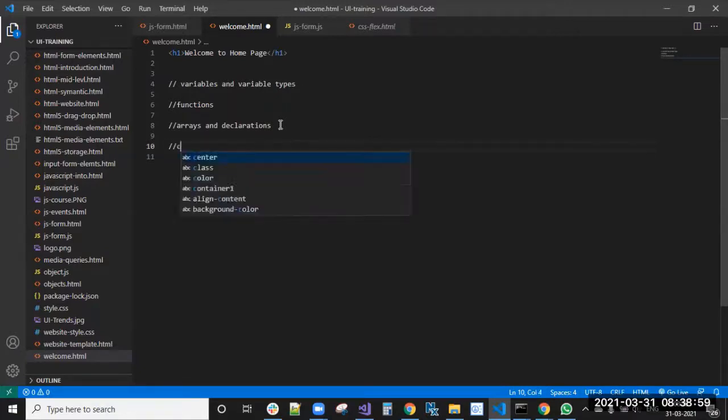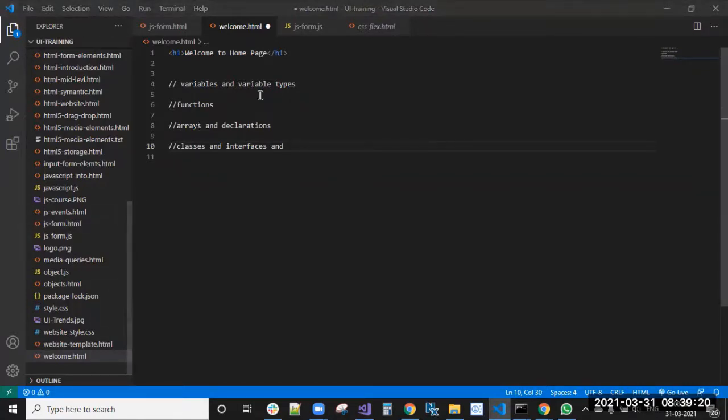Then we have the concepts of classes and interfaces, and access modifiers. So these are the things we are covering in the TypeScript class.